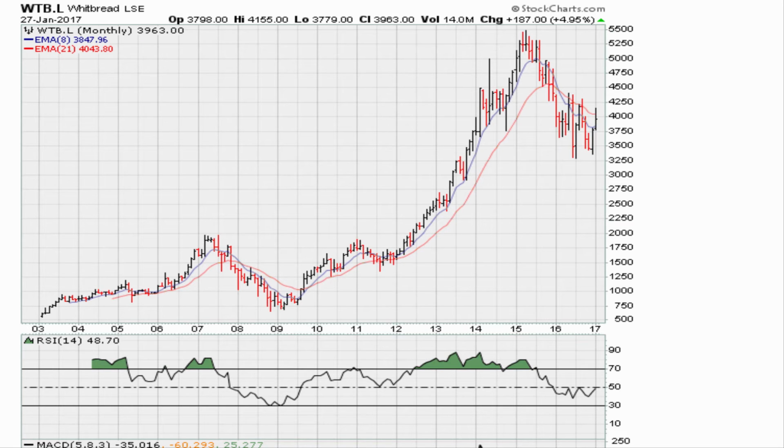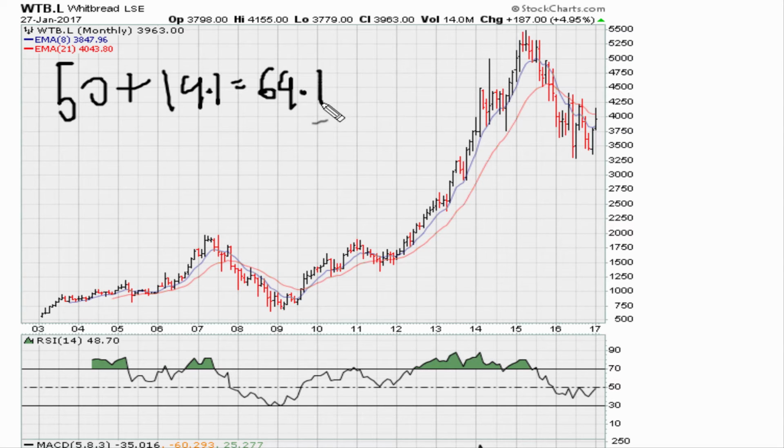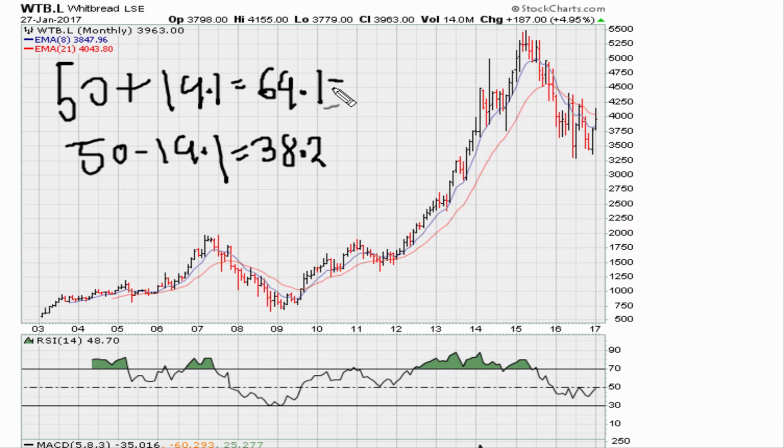And just for the heck of it, let's do one more, but let's leave this here. So 50 plus 19.1 equals 69.1, and then we also saw that 50 minus 19.1, you get 30.9. Let me show you another way you arrive at the same number, and it is multiplying 50 times